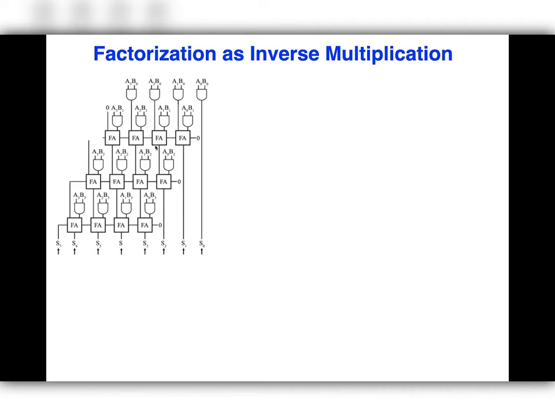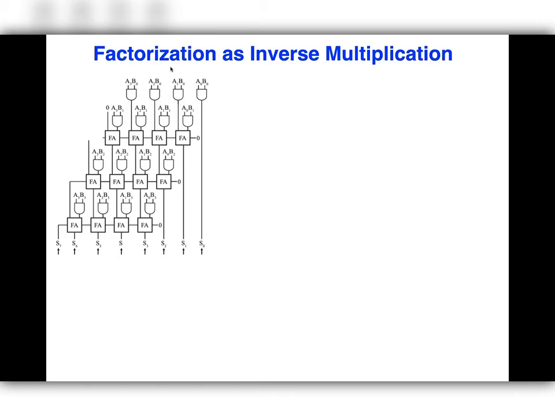Now, what you can do with p-bits is that you can use this as a multiplier. You can really specify a's and b's, and that's going to multiply numbers. But of course, we've got very good multipliers. If you talk to experts in VLSI, they'll tell you that the CMOS multipliers are operating almost as close to ideal as they can operate. So the key thing is, how about inverse multiplication or factorization?